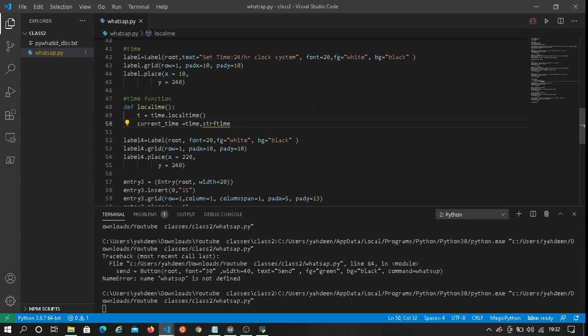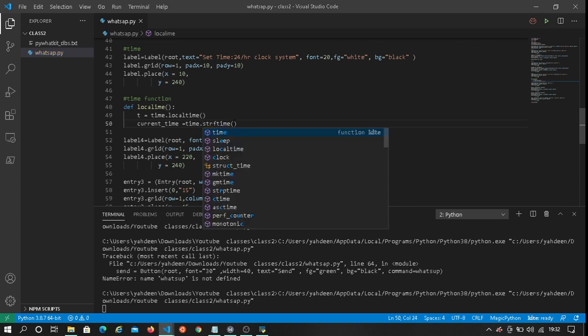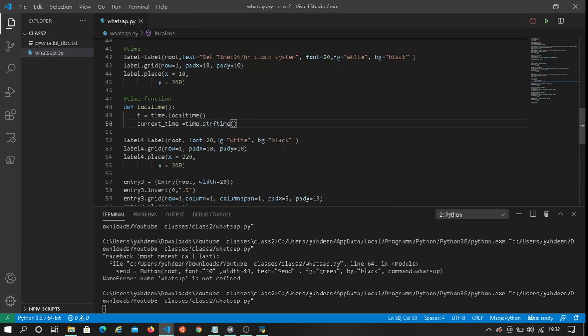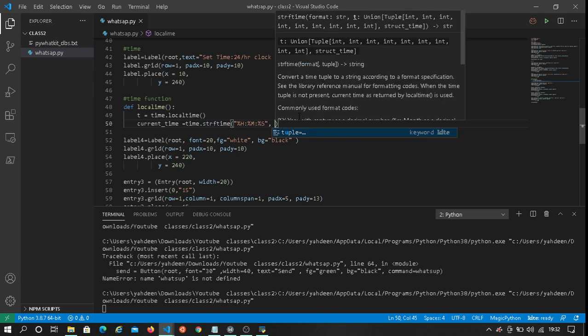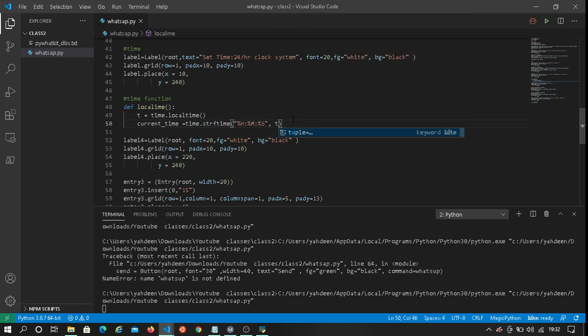So here I'm just setting the time format so that it looks cleaner. And then here I'll just copy this, Control V. Control V is used to paste. These are just shortcuts that you may need once in a while.